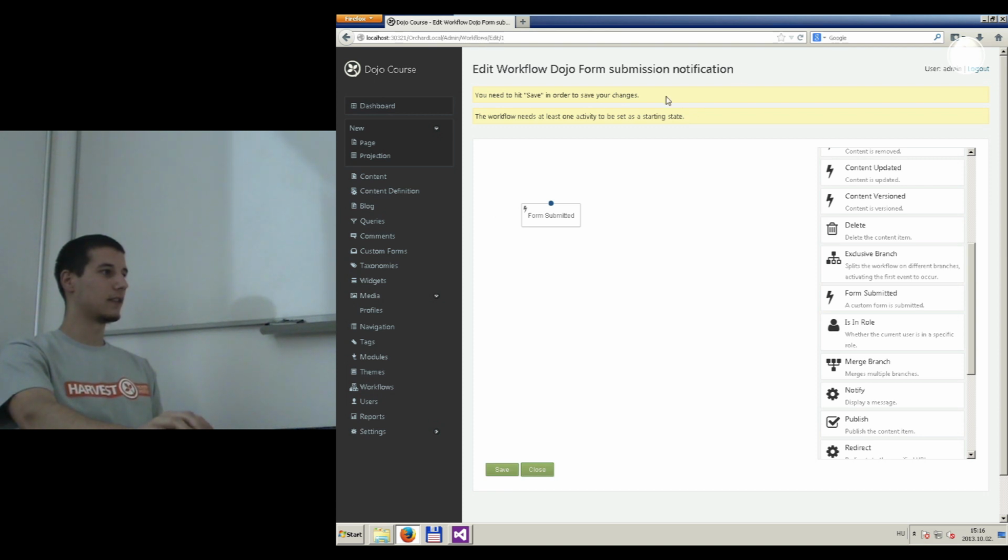And another nice thing here is that it always reminds you to save your changes, because this editor's state is stored on your local system, but as soon as you hit save, it will be sent to the server and persisted to the database. So if I click on the form submitted, I can set it as a starting state